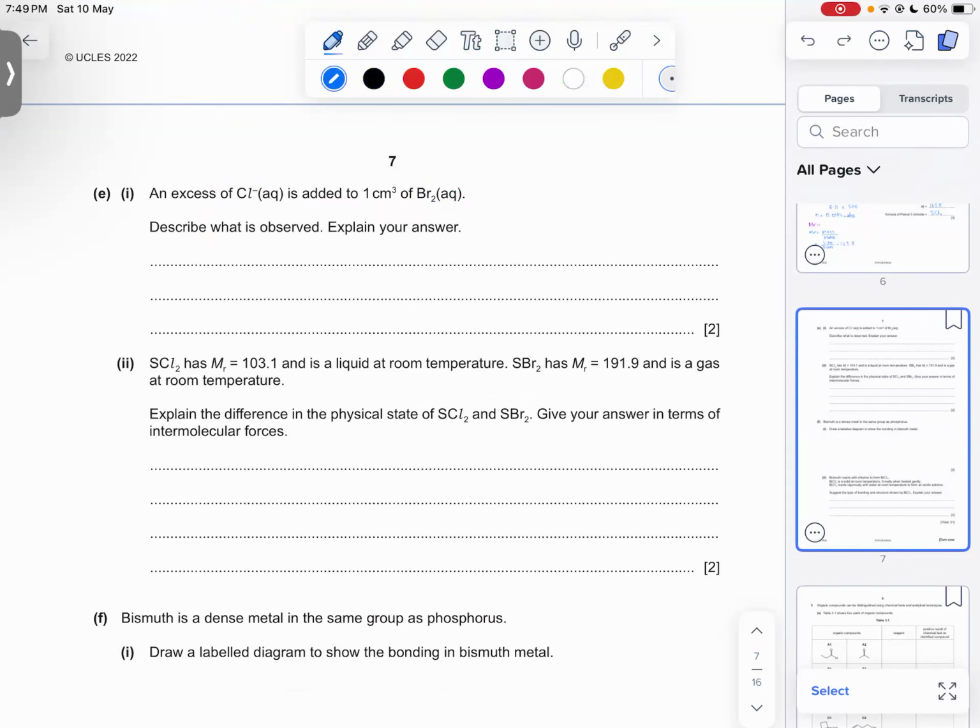All right, so the solution will remain brown and no reaction will